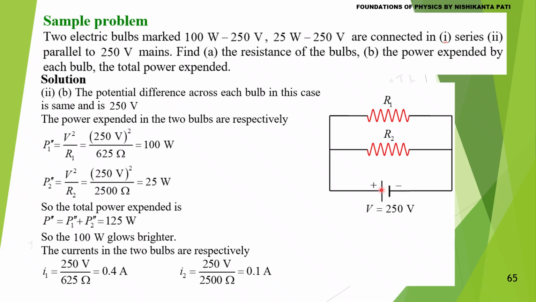Now the same two bulbs are connected in parallel across 250 volt. So the first bulb faces a potential difference of 250 volt, the same as printed. The second bulb also faces the same voltage as printed. So as a result, its power is 100 watt, and its power is 25 watt. So total power is 125 watt. Now the 100 watt bulb is brighter than the 25 watt, and the current that this bulb allows